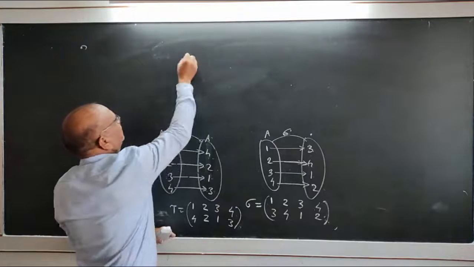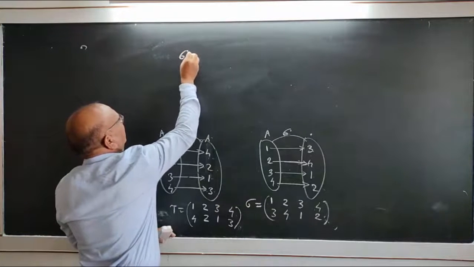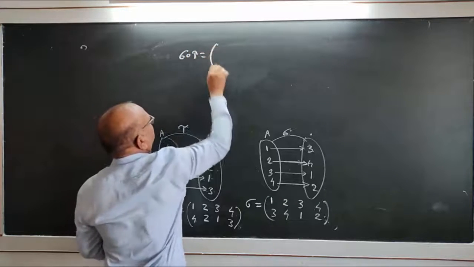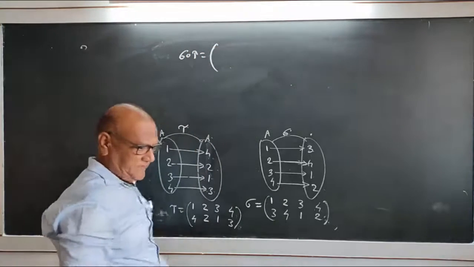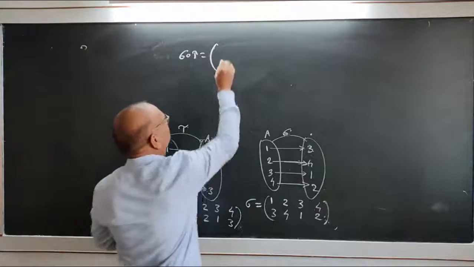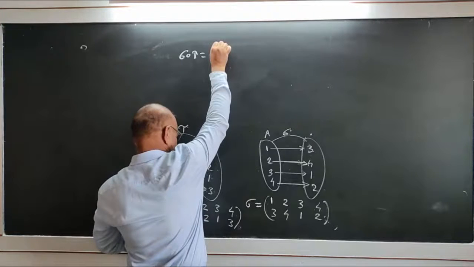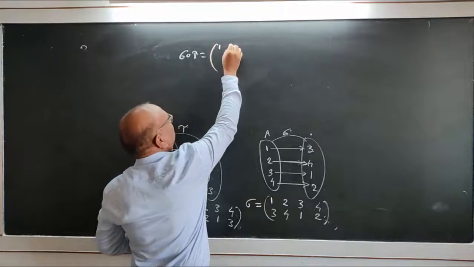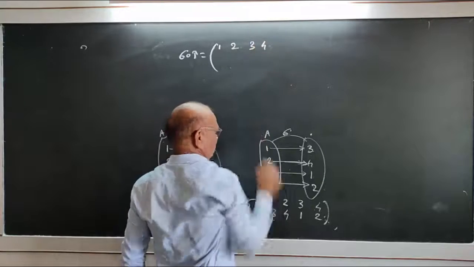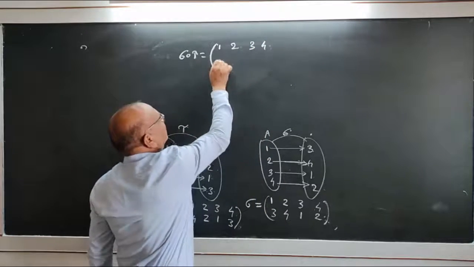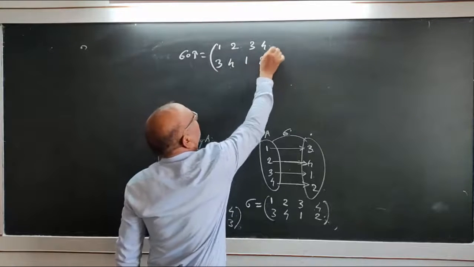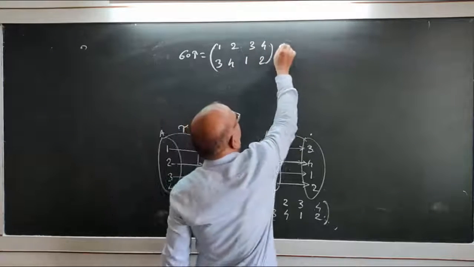Here, sigma composition tau can be written. Sigma composition rho can be written. Here, first write sigma: 1, 2, 3, 4, 3, 4, 1, 2, and then tau: